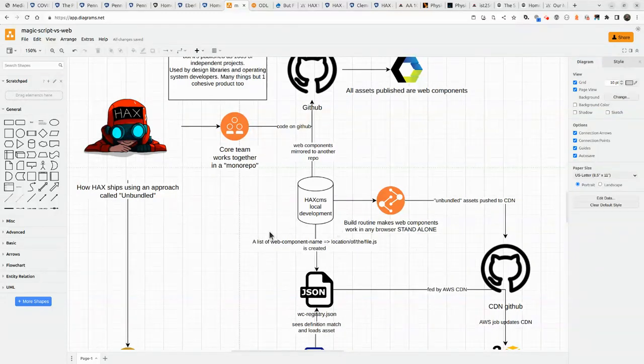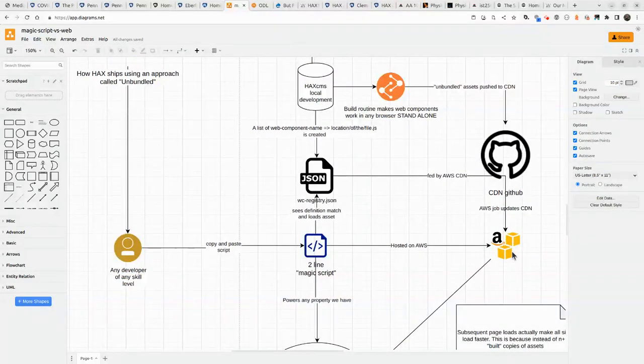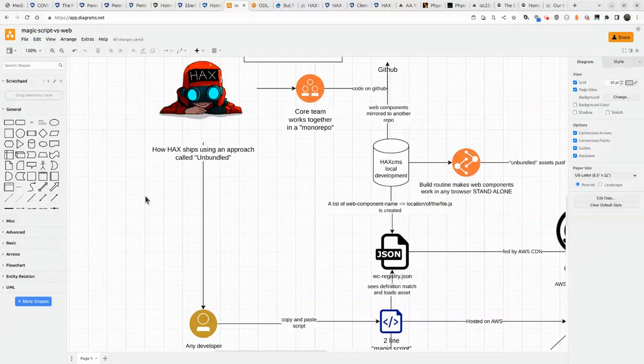It's a registry file in which the name of the element points to the location of the JavaScript that powers that element. These assets are then pushed out to a CDN-based repo. That repo is picked up and thrown out to AWS, and we have our assets on a CDN. Now, when it comes to actually implementing and leveraging these assets, which we'll see examples of in a second,